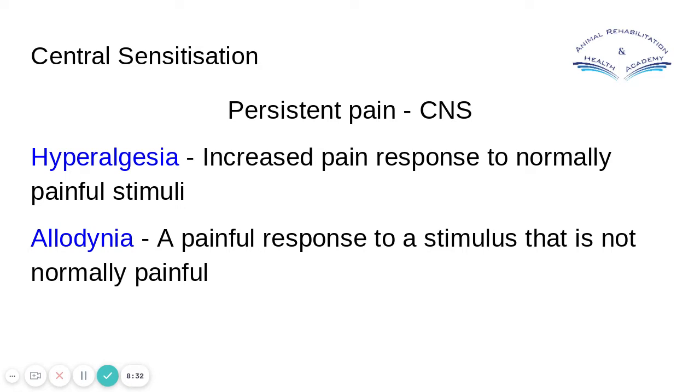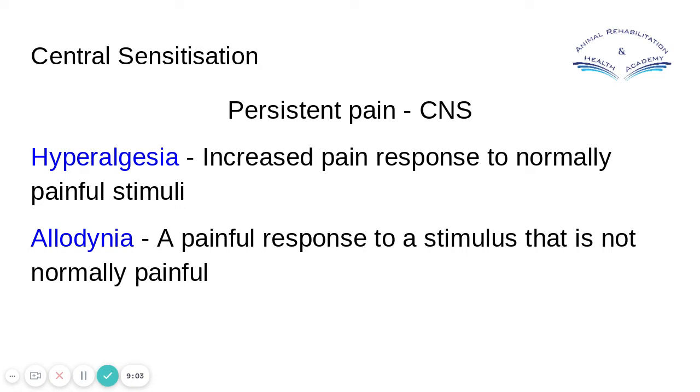And you can think of this like an overreaction. It's all a bit of a drama. It's very overreactive, and everything's firing off and giving these pain responses when there's really nothing to be painful about. What I'm trying to do is a very short coverage of a very complex subject. So forgive me if I'm making it quite simple, but I just want to get the key points across and try and keep it simple.